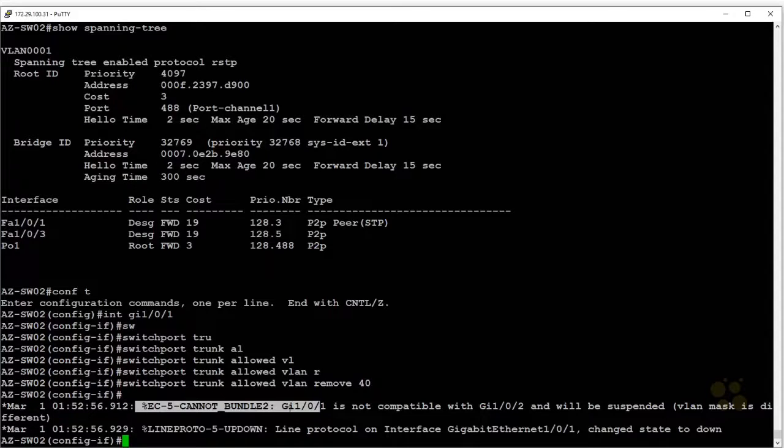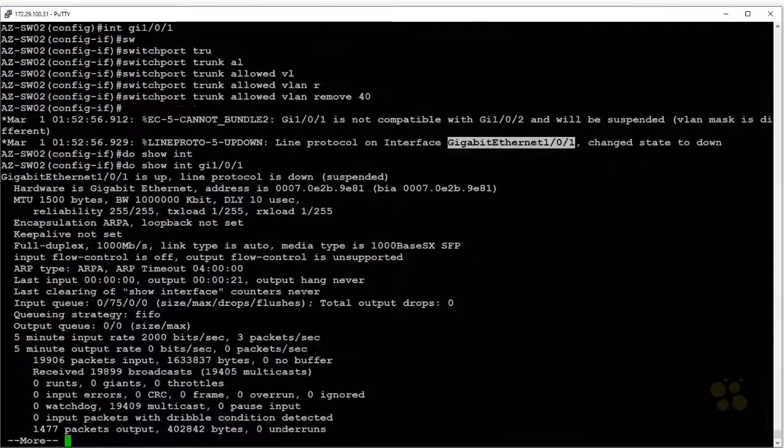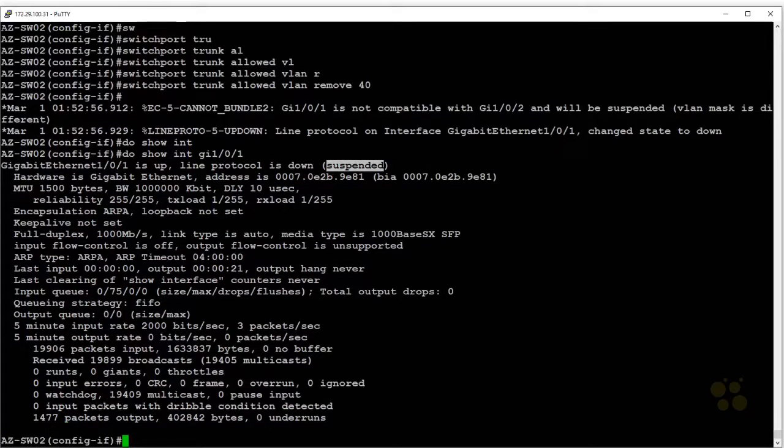Right? It's like, sorry, that's no longer compatible. I'm suspending it. I'm yanking it out of the bundle. EtherChannel just went down. This interface just went into suspended state. Matter of fact, watch this. Do a show interface Gi1/0/1. Look at that. It's like, sorry, sent to the principal's office, and you are suspended because you no longer have